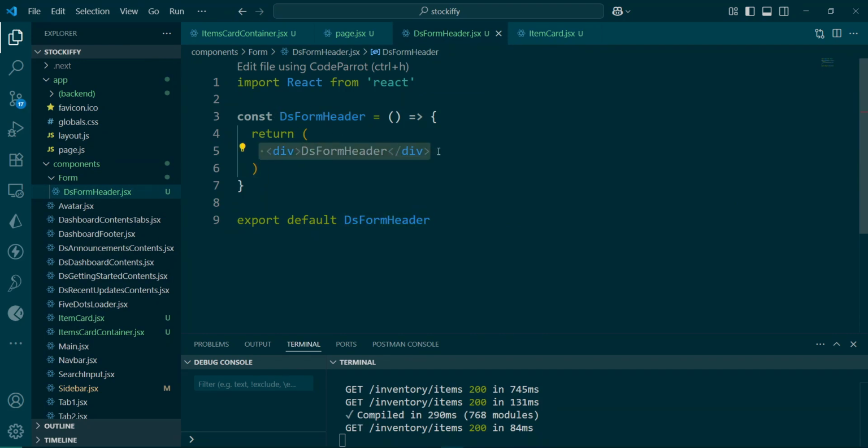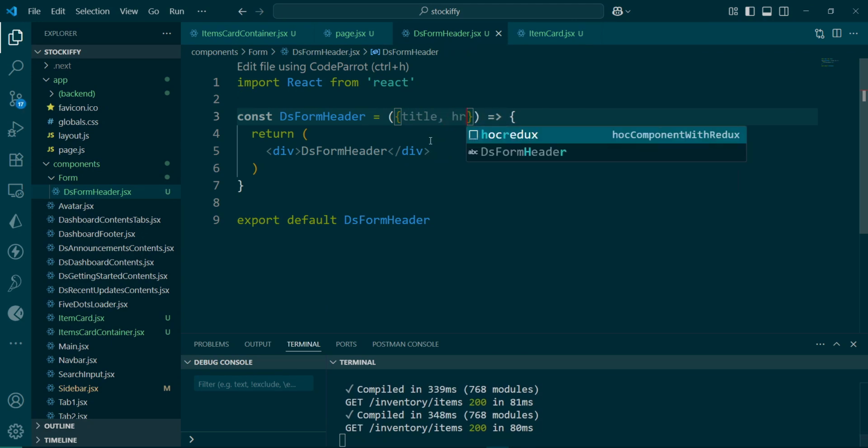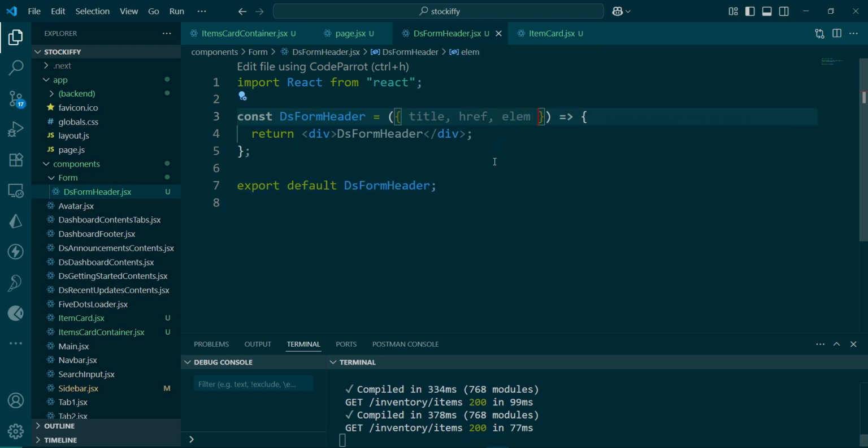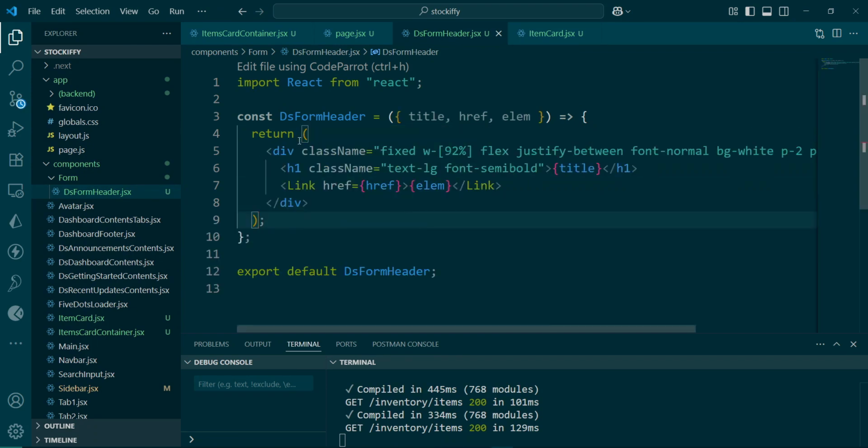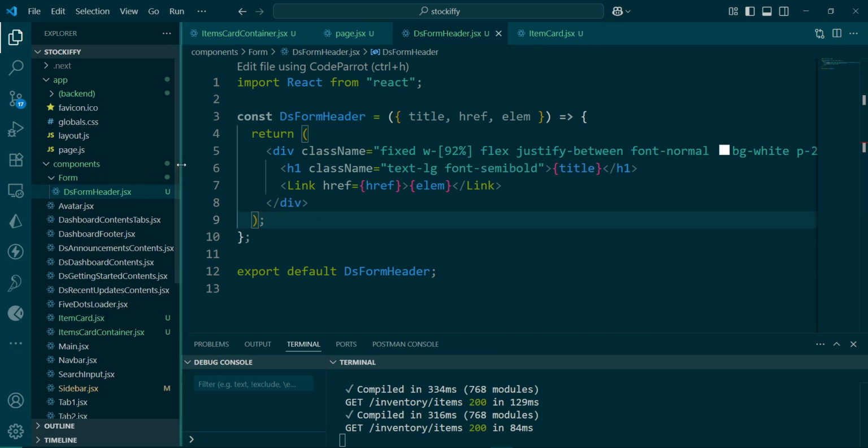So now we have the DS form header, and it is going to take 3 props, which are the title, href, and elements. These are names that I came up with. Here I'm simply going to return